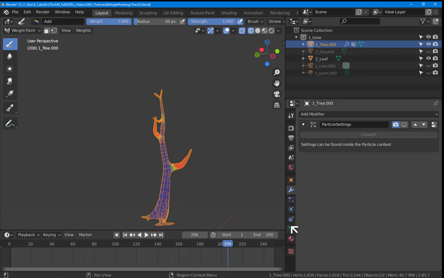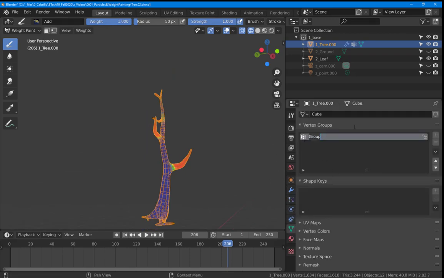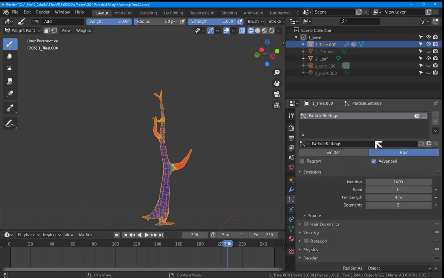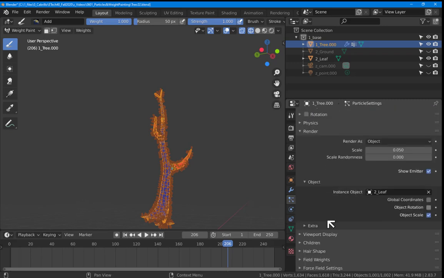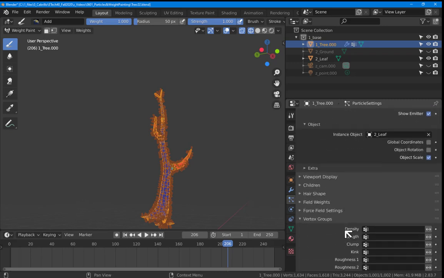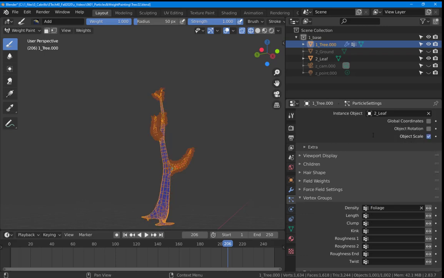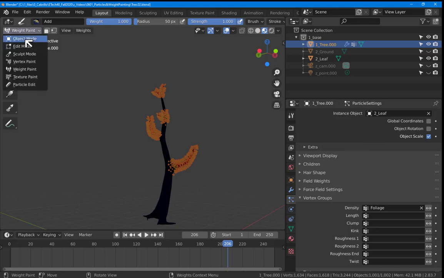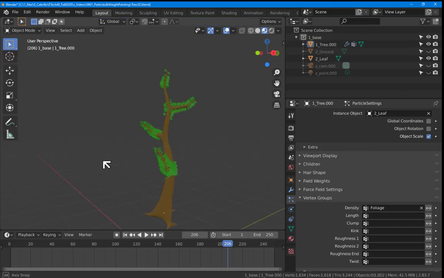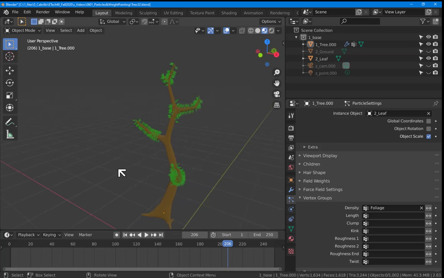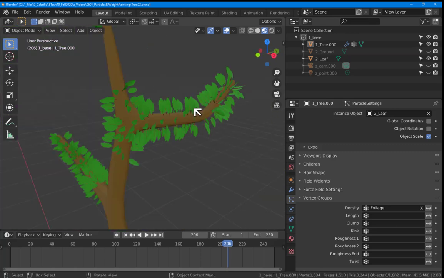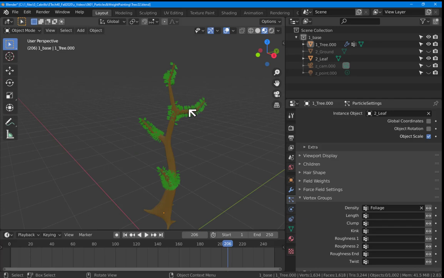And now we go down to object data. I'm going to rename this as foliage. Go back to particle settings, enable particle settings, and then go down to vertex groups, density, foliage. And then we'll look at this again here, not in weight paint, but in object mode. So that's looking a little better. It's a slightly comical looking tree, to be honest, but we can add some more detail to it very quickly,